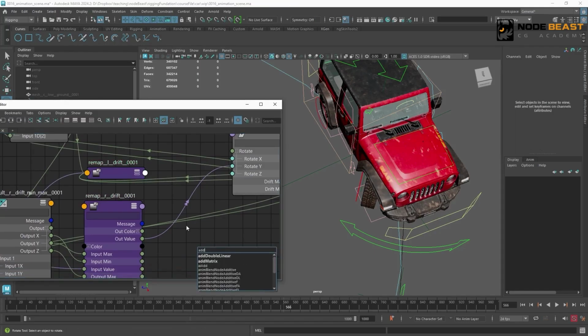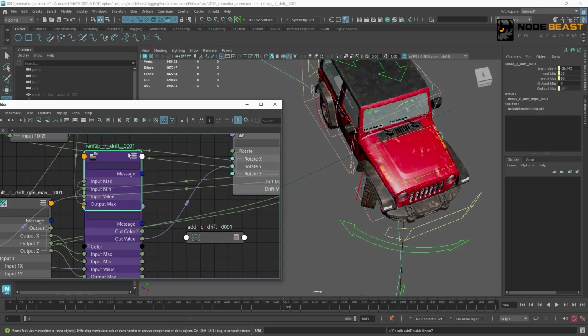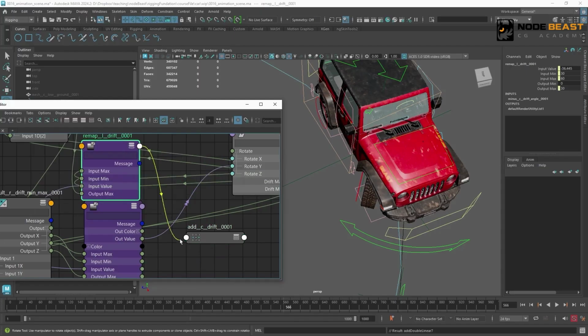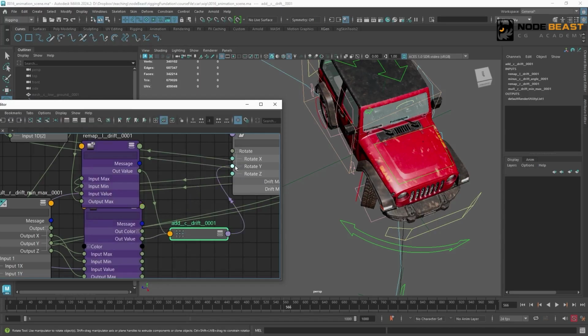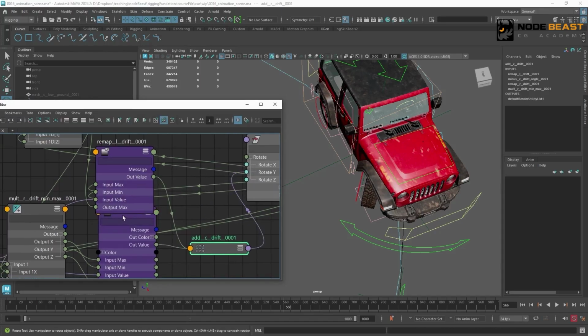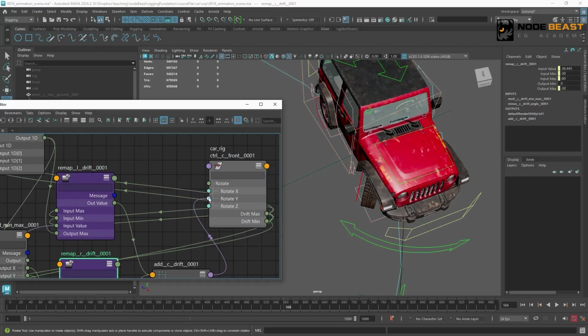So here we can just add their two values together. So let's add them up here. Then connect it over. If you don't understand this setting very well, you can also try using a condition node to connect it. That is, when the rotation value is greater than 0, output the value of the left remap value node. When it's less than 0, output the right one. Then finally connect the condition node's out color over.